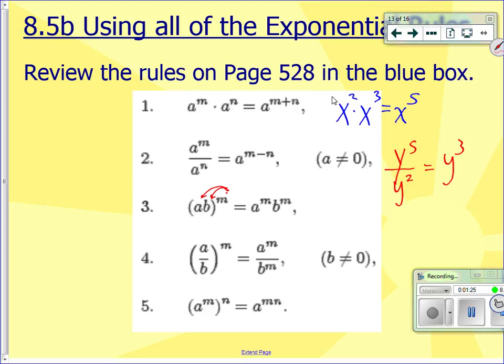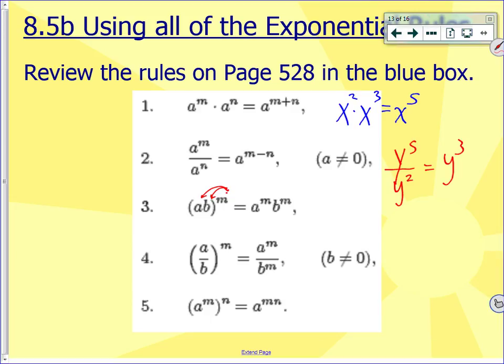So, for example, if you have 2 over x to the third power, you'd have to take 2 to the third power and x to the third power. So you get 8 over x cubed. So when you're taking a fraction to a power, just don't forget both the numerator and the denominator get that power. And then for number 5, which was power of a power,